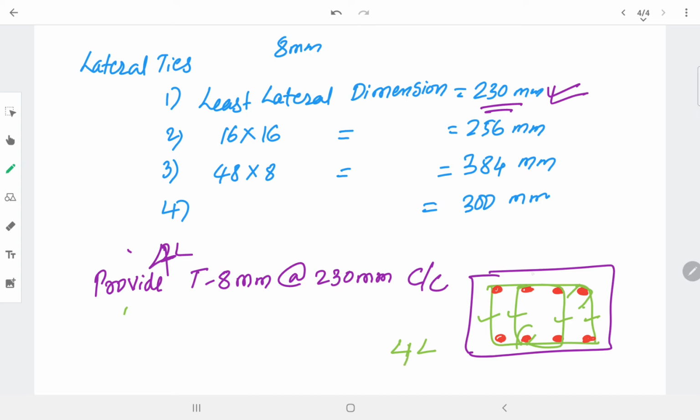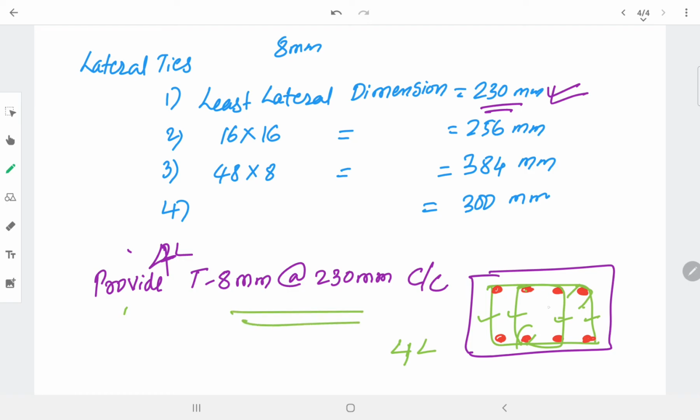If you are getting more number of bars, you should tie those bars using the rings. Here I got 8 bars. For 4 bars you can go for only 2 legs. Here we have the 8 main bars. Whatever red dots are there, these are the bars of 16 mm dia. The green color is the stirrup. In this way we will be calculating the size of the reinforcement for the column.